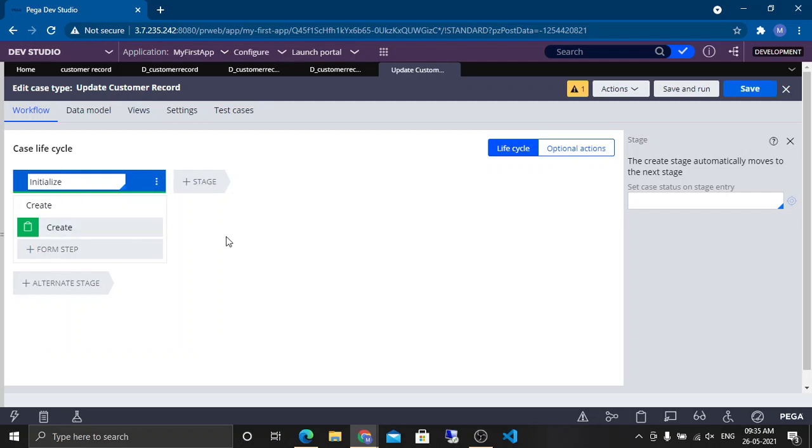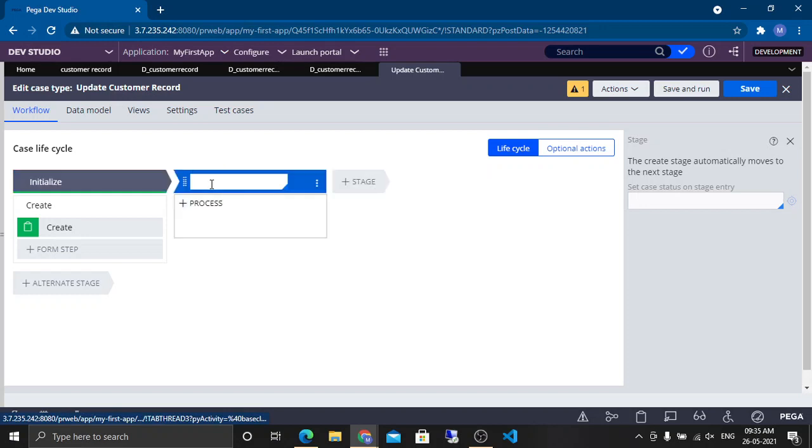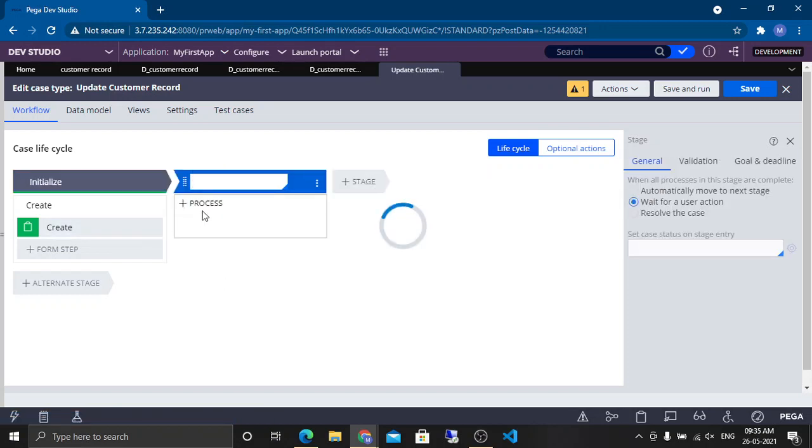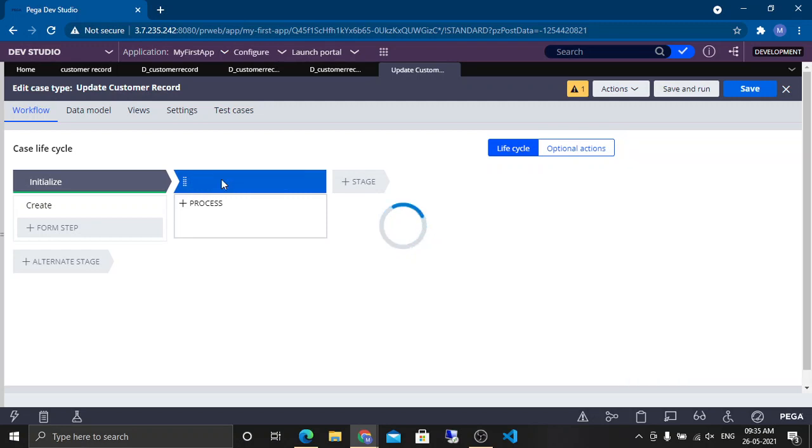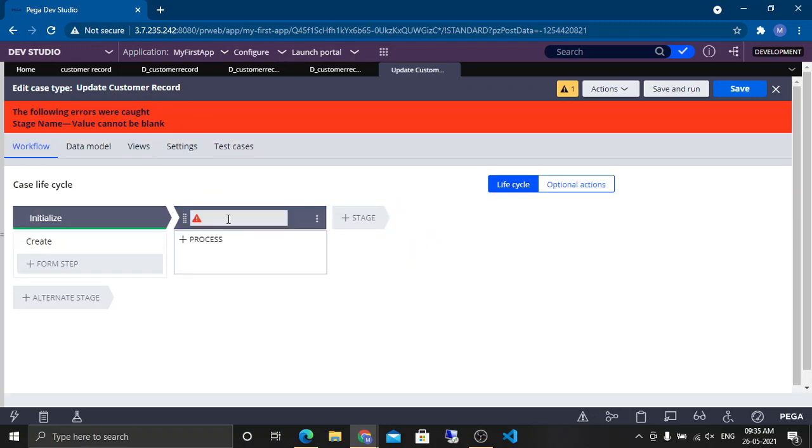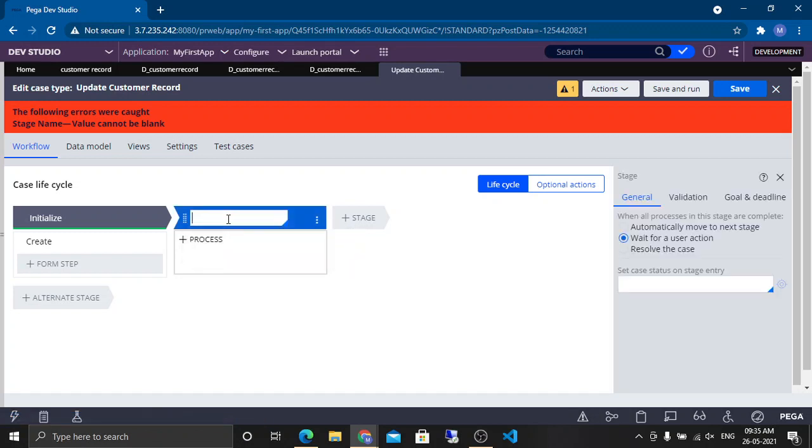I do not want to use this. I'll start with the second stage directly. I don't want this shape, although I can put logic here as well, not an issue. Value cannot be blank. Fine, I'll put something: update customer.